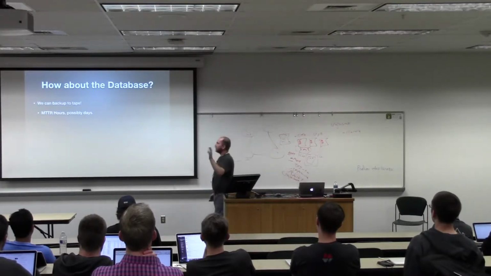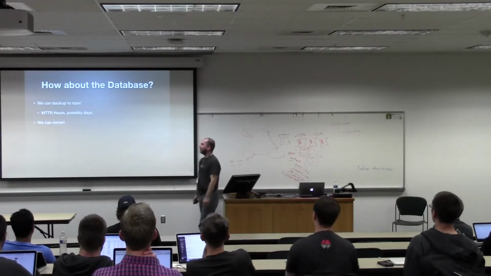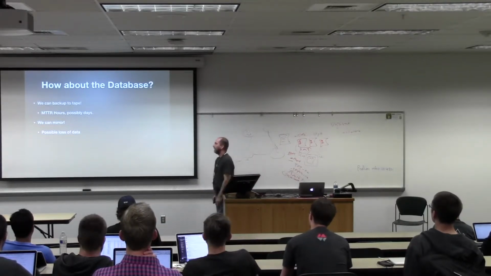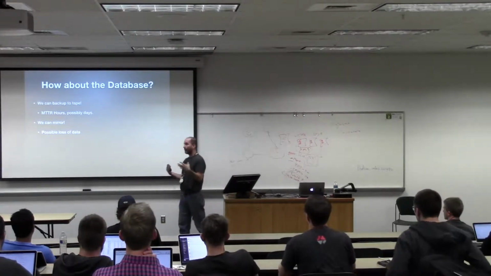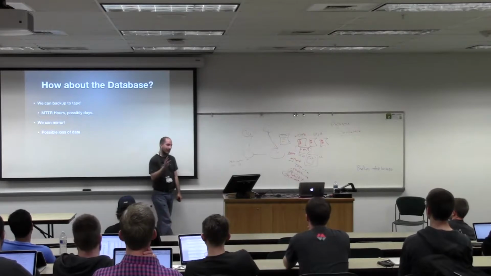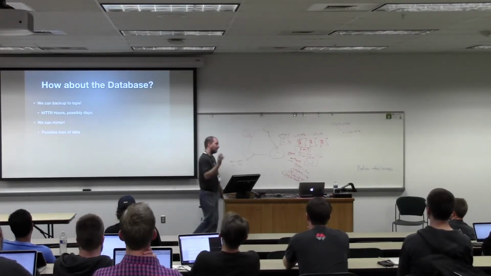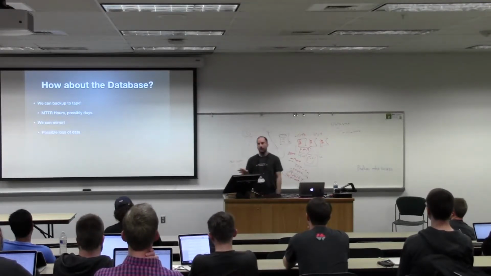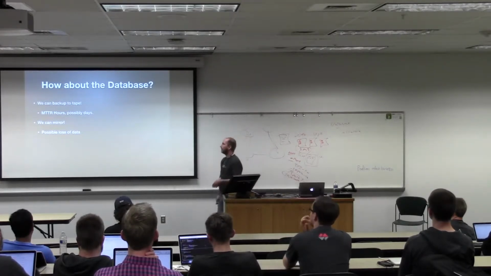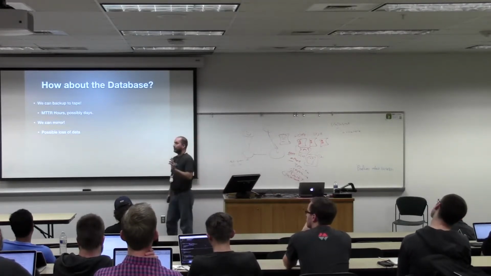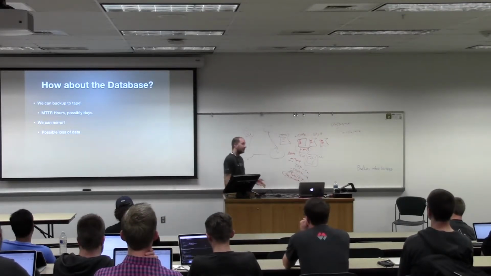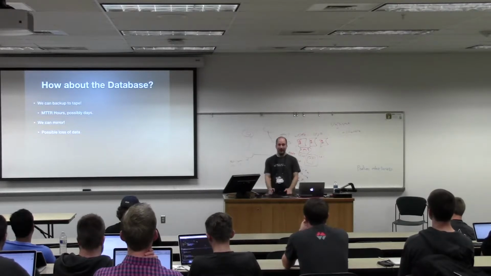So I talked about this. We can back up to tape. MTTR is hours, possibly days. We can mirror. You may lose data if you mirror. So that's one subtle thing about mirroring. If replication isn't 100% and you lose your primary, it's possible for you to lose data because that data is not guaranteed to have been replicated to your secondary. Which is why your DBA gets really, really nervous when replication gets behind.